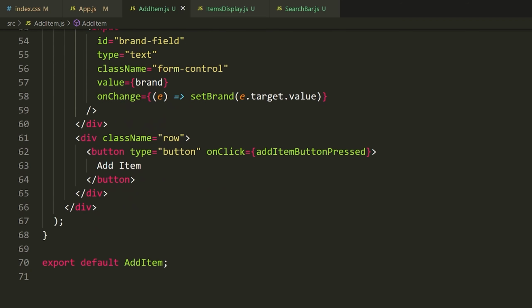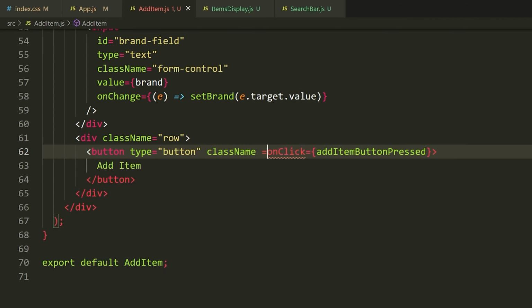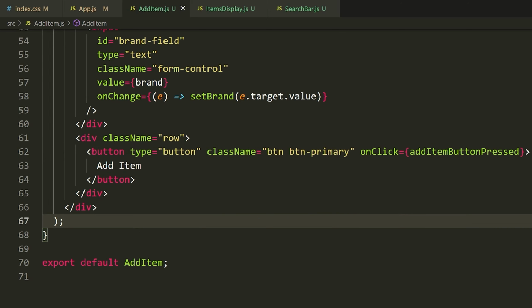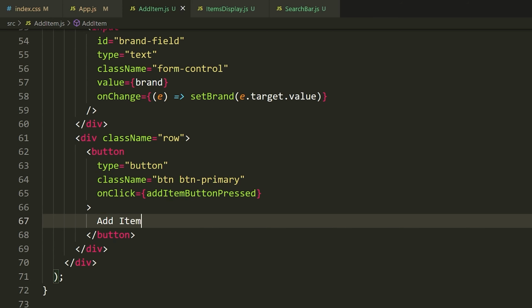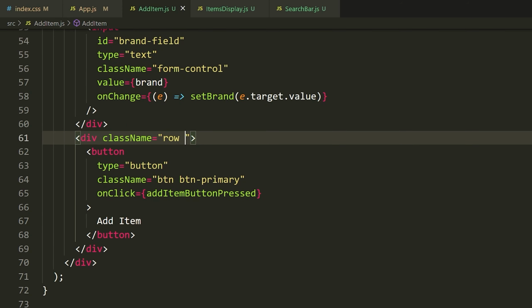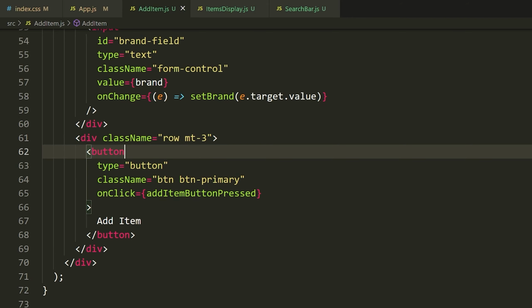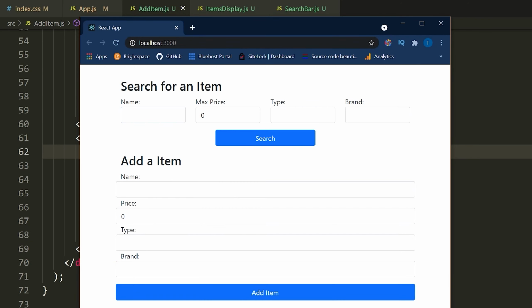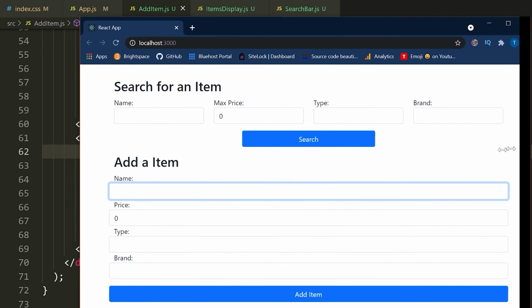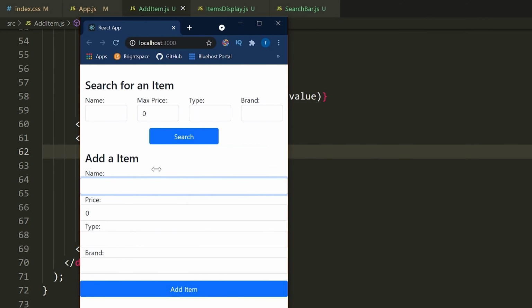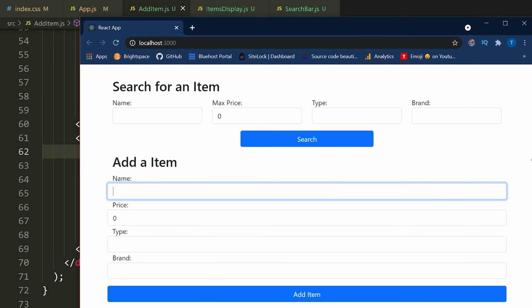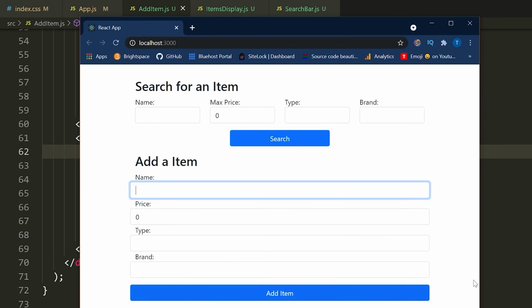We don't need that. And now I'm going to go to my button, and I'm going to add a class for this. So I'm going to say class name is equal to, and then this is going to be btn-primary. Feel free to mess around with this and make it dark or something and see what it looks like. And then what's the last thing that we needed to do? We need to add some spacing here. So I'm going to say mt-3 for the row that my button is in. All right, so let's go and look at this now. And there we go. We have a beautiful add item form. And if we move this in and out, notice everything looks great. It's giving us kind of a minimum width here that we can go, and that's just based on all of the Bootstrap classes that we've defined. Now, we could make add item a bit smaller, but for now, I'll just leave it like this because I think that looks fine.